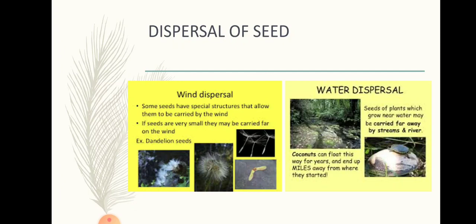Okay. Then the next is water dispersal. Seeds of aquatic plants like lily and lotus are very light and are carried by water currents. Sometimes coconut, which grows on river banks, is also carried from one place to another with the help of water currents. So this is how the dispersal of seed takes place. Now coconut, the whole coconut will be dispersed by water, and then a leaf comes out from it which will give rise to a new plant. So this is how dispersal occurs with the help of water.